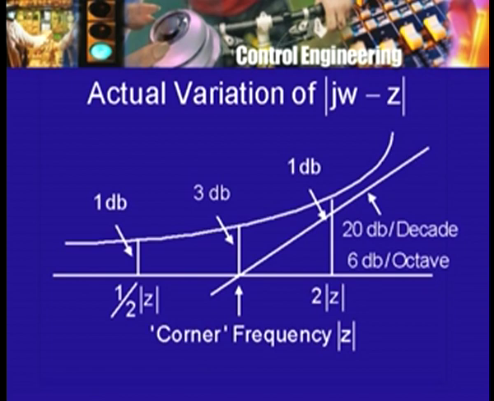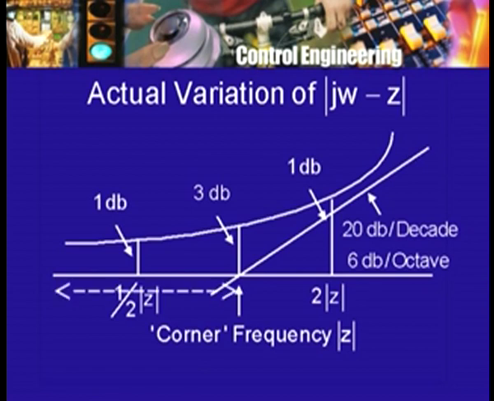So, what is the actual shape of the curve modulus of j omega minus z, with z real? What is the actual shape of the curve? Now, a little bit of a calculation will show you that the following is the shape of the curve. The curve looks like this. So, it lies above this DC asymptote, it lies above the high frequency asymptote, and what is the point where the two asymptotes intersect? For an obvious reason, this point or the corresponding frequency or omega is referred to as the corner frequency,